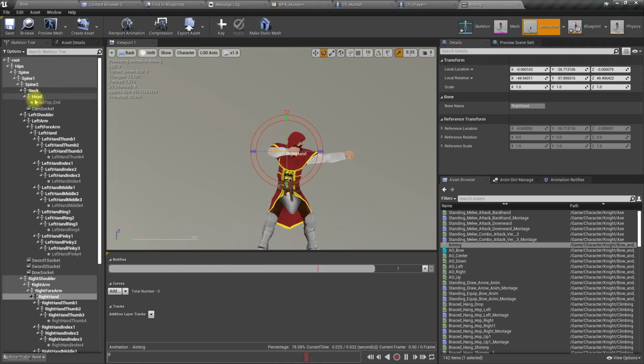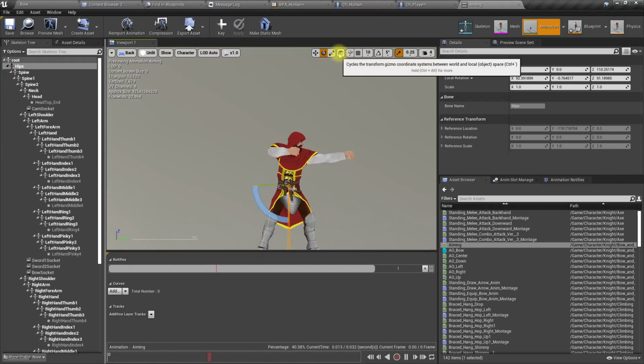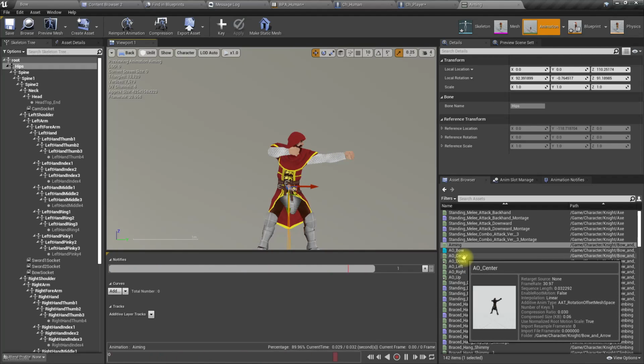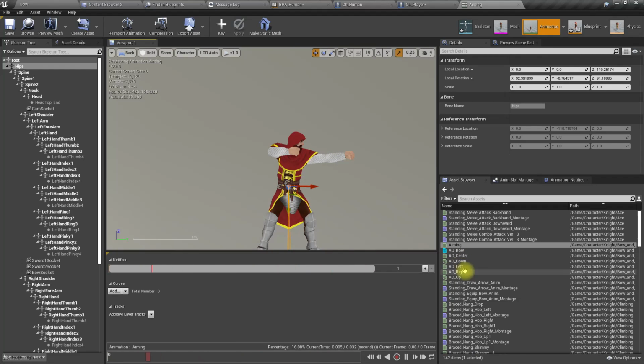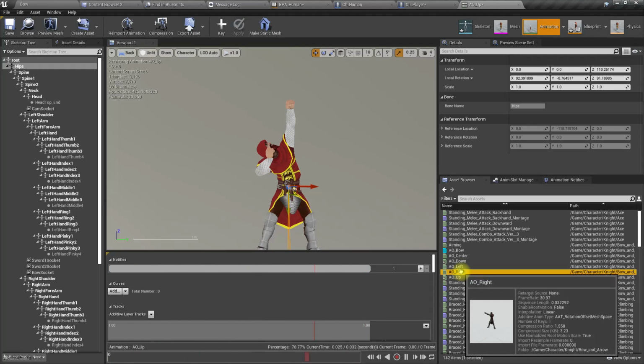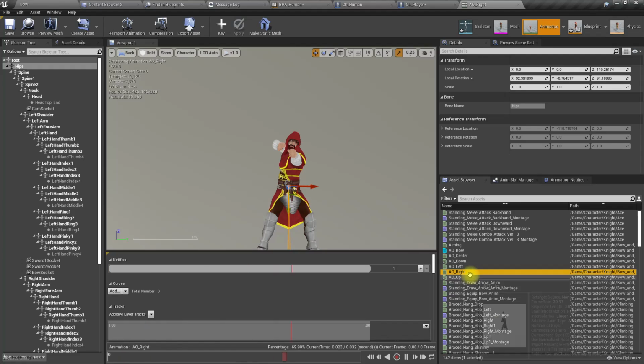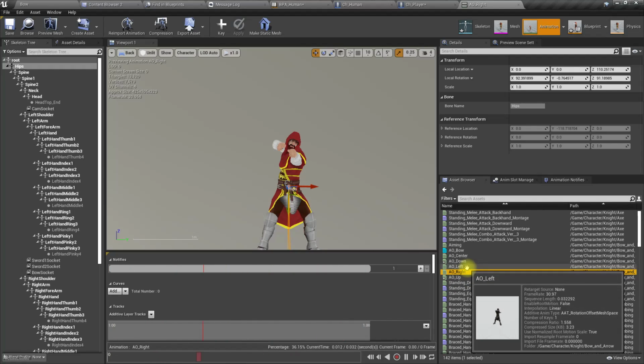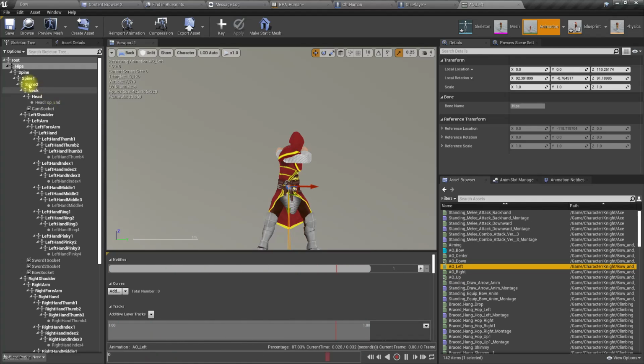Let's take a look at here. Okay, so everywhere we keep hips without changing anything.